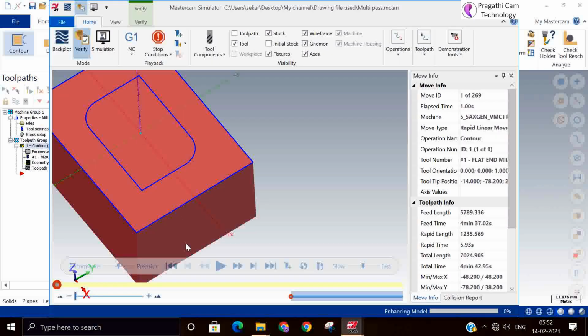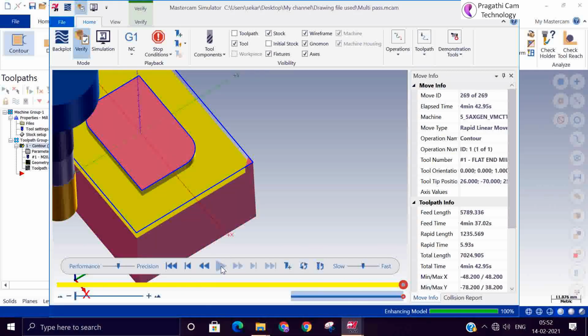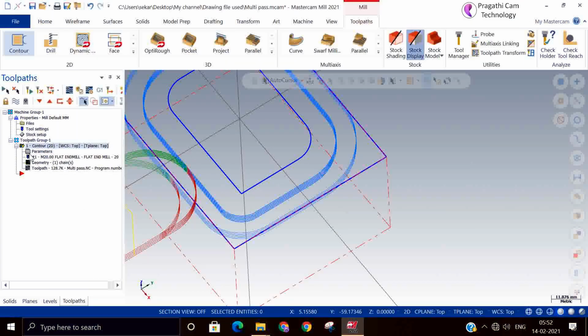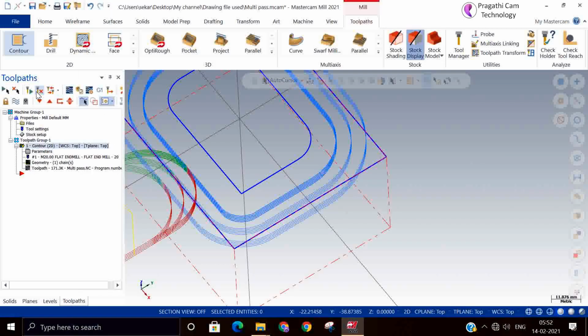Let us see now. Still it leaves material. Okay. Otherwise, you can add one more pass also. So you can add one more pass so that it will completely remove the material.